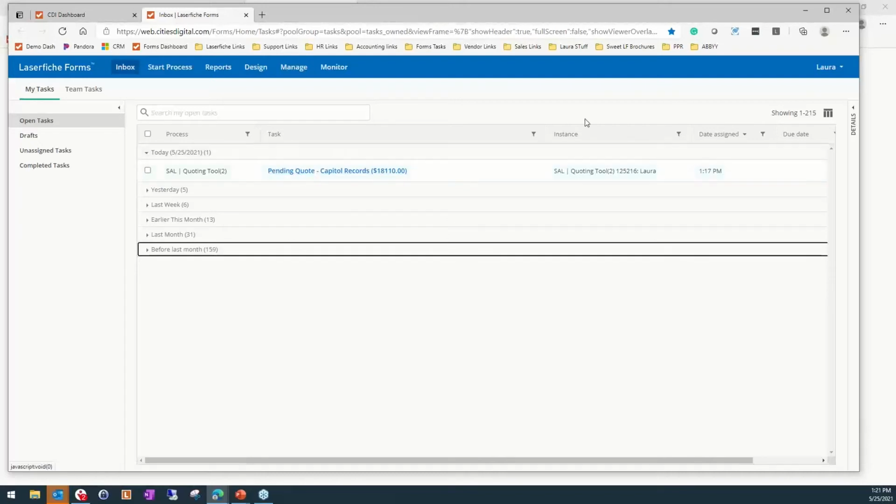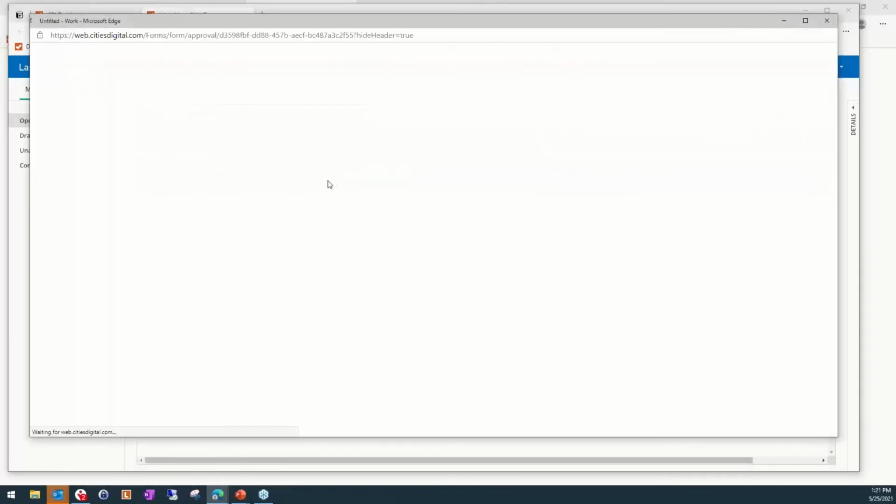I do have the ability in Forms again to customize this a little bit more. So if I want this task to be named something special, I could do that. If I wanted to reassign it, I could. I'm going to go ahead and just open it up